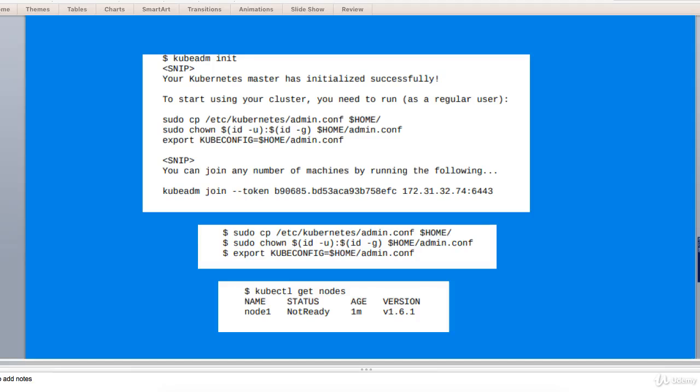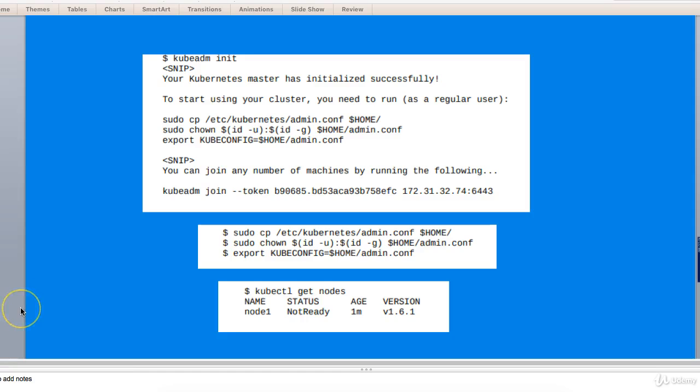Hey guys, welcome again. So we would be talking about how to initialize a new cluster in this lecture. Initializing a new Kubernetes cluster with kubeadm is as simple as typing kubeadm init. As you can see where I'm pointing with my mouse cursor, the command pulls all required images and creates all the required